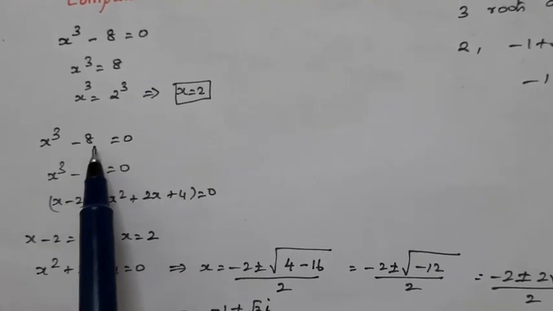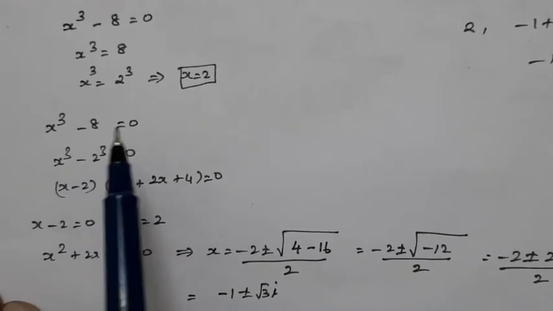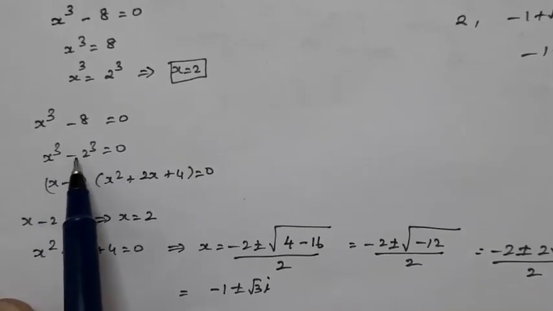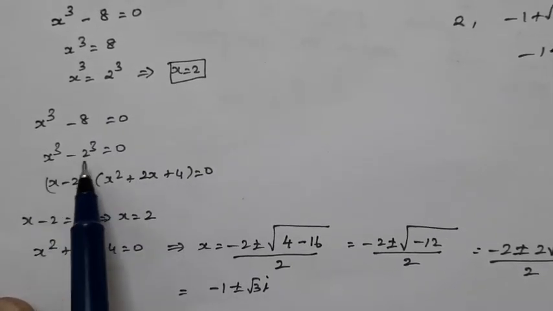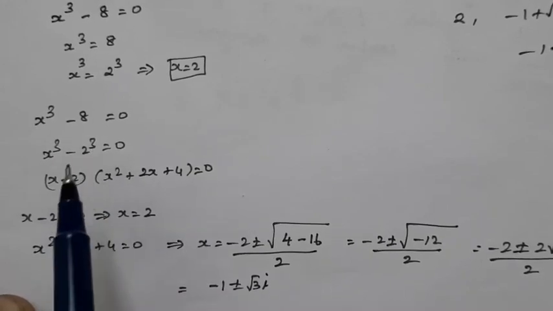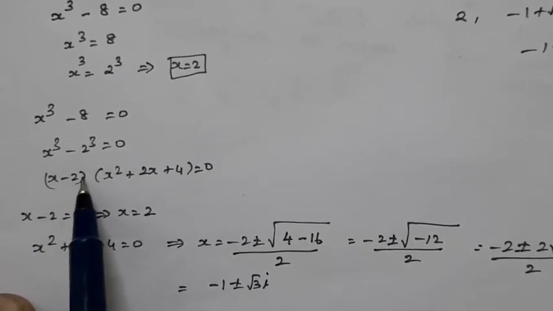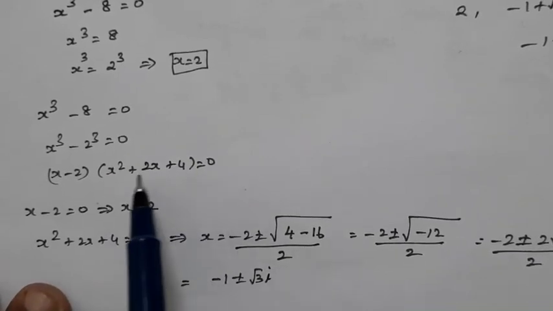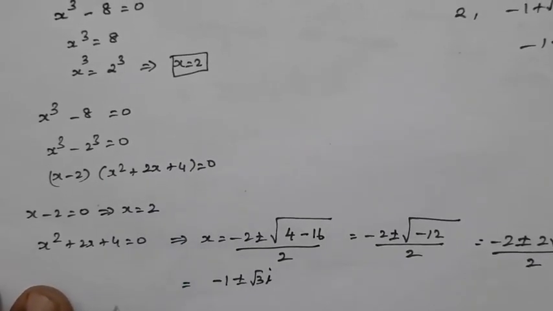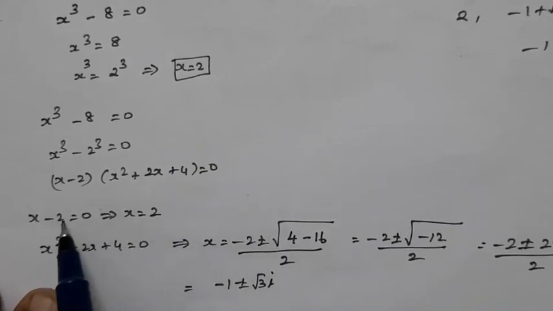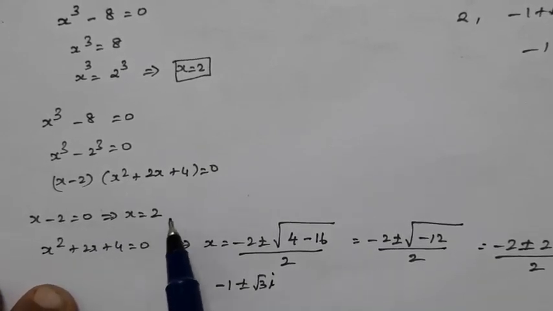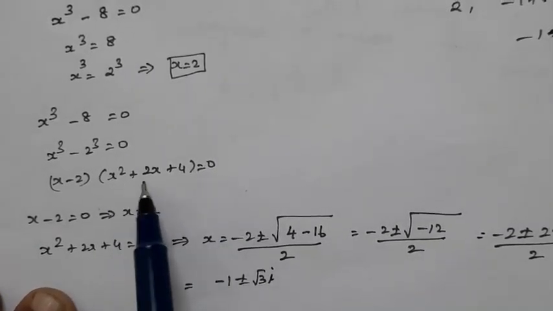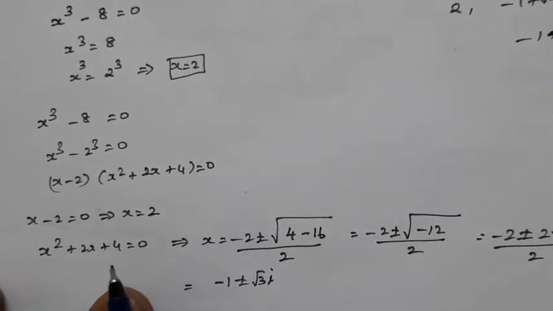Now, take the equation x cube minus 8 is equal to 0. So, we can write 8 as 2 cube. So, it will become x cube minus 2 cube equal to 0. So, this is in the form a cube minus b cube, which can be split up as (a minus b) into (a squared plus ab plus b squared), equal to 0. So, equating the factor x minus 2 equal to 0, we get x is equal to 2, that is the real solution. And then equating the factor x squared plus 2x plus 4 is equal to 0,